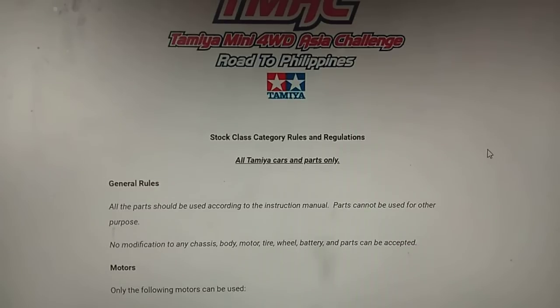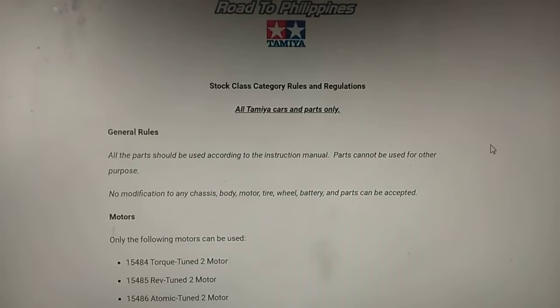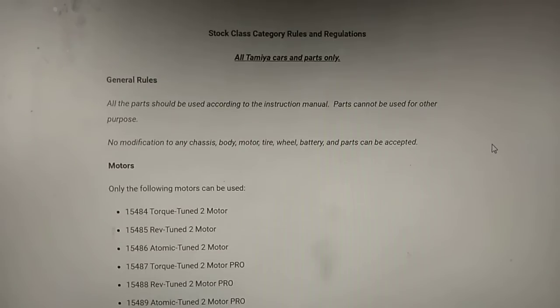Tinanong ko kung ito yung updated, nag-thumbs up siya, so probably we're good to go. Anyways, this is just a guideline. I'm not saying that this is the final rules. Guideline nyo lang po ito kung magbubuo kayo ng TMAC stock para hindi po kayo ma-disqualified. This is the basic rules na pwede nyong i-follow, at kung may mga nakita kayo na tingin nyo pwedeng i-modify or idagdag sa inyong setup, tanong nyo rin sa mga marshals at saka doon sa nagpaparace para hindi kayo ma-disqualified. Iwas disqualification.